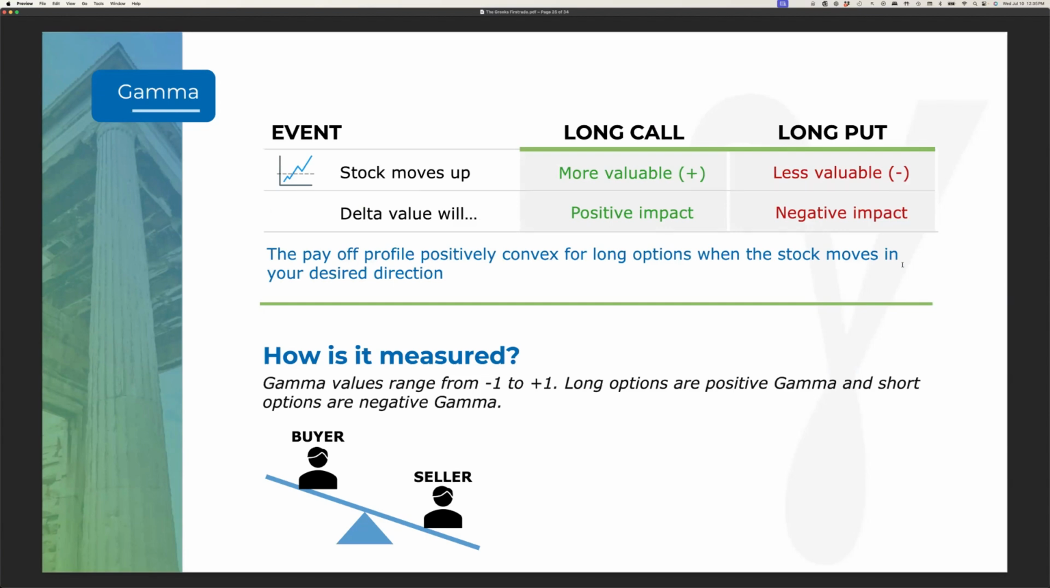So if the stock moves up, long calls get more valuable, long puts get less valuable, and deltas will have a positive impact for long calls and a negative impact for long puts. So,